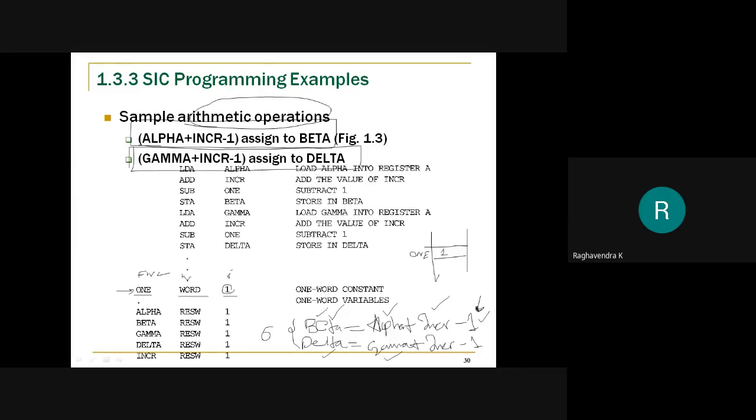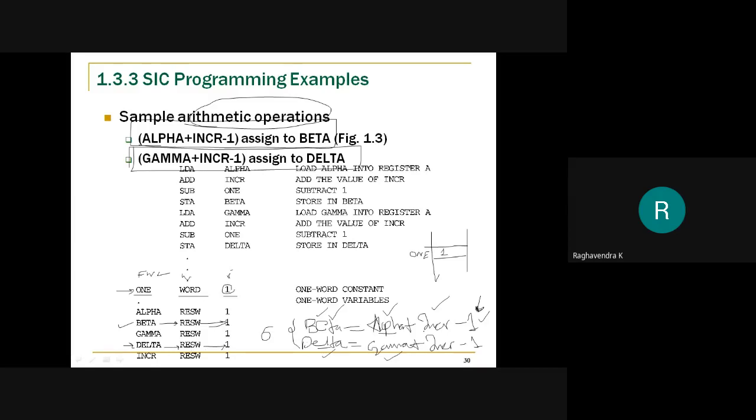Next we will declare all the other variables. Beta is a variable, so I have to declare it here. Beta, how many words? 1 word will be reserved for this variable. Similarly, delta is RESW 1, one word reserved.